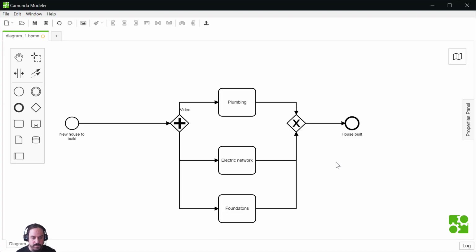So here we put an exclusive gateway. As I said before, each token that hits the gateway will be produced to the output. And that means that this process will generate 3 tokens. Not good. So that's very important to understand about this gateway.